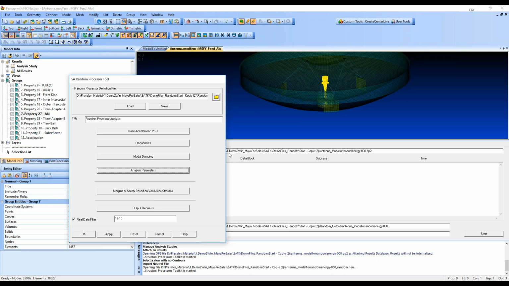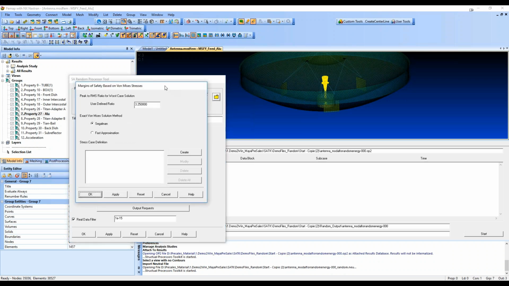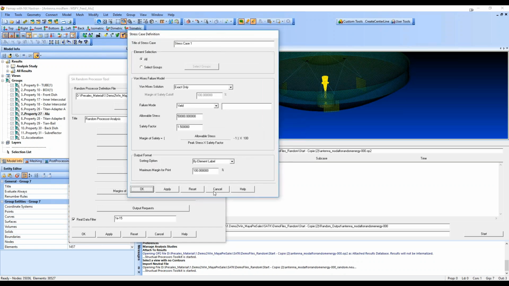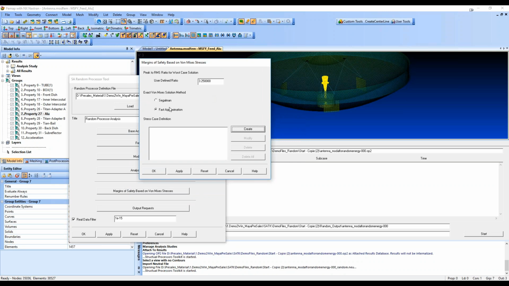And then in terms of solution setup, we're almost done. All that needs to be defined now are the stress cases. So in other words, what do you want to look at? And for which elements do you want to output margins of safety? This is what we call stress case definition. Just to note here,